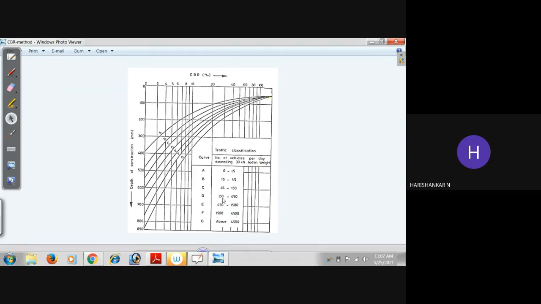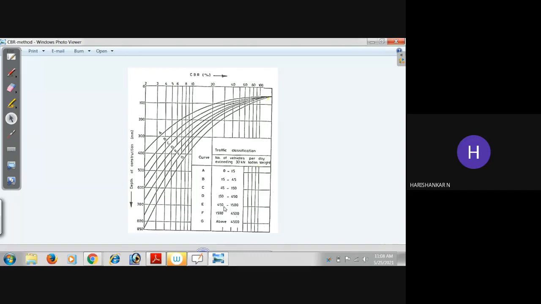The number of vehicles can be, for example, 600 per day. Here we are calculating the number of vehicles per day. We are not at all giving importance to the vehicle factor, that means the load due to vehicle factor. Here we are giving importance to the CBR value of the subgrade soil, and that is why it is not that much recommended. For example, if you have 600 vehicles per day,